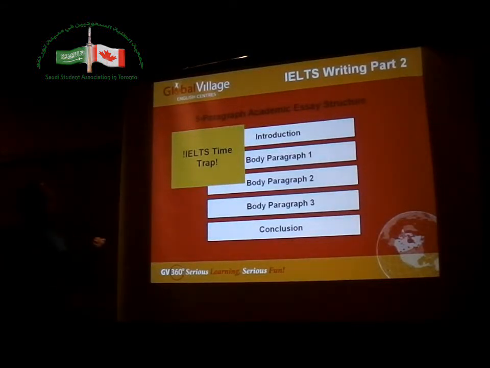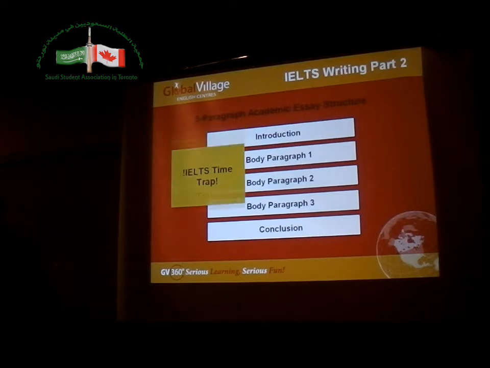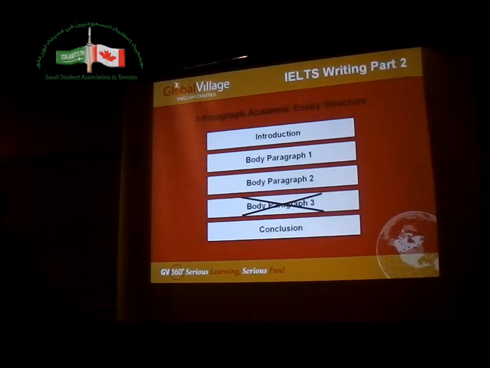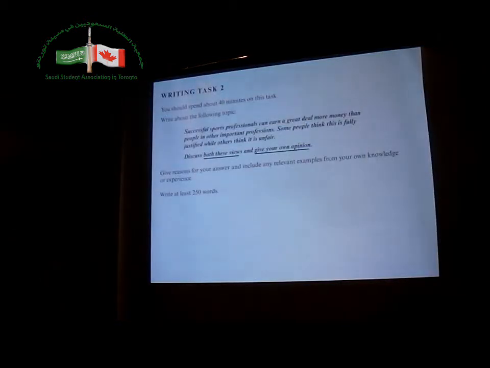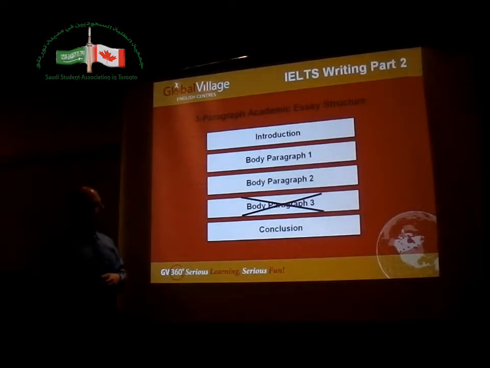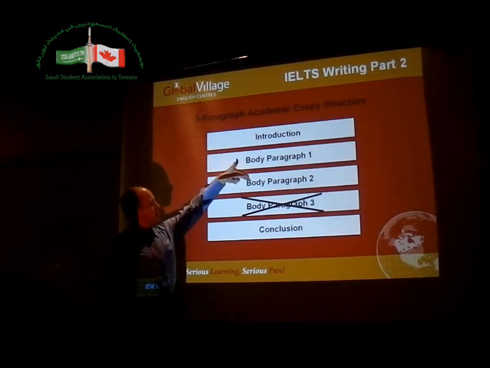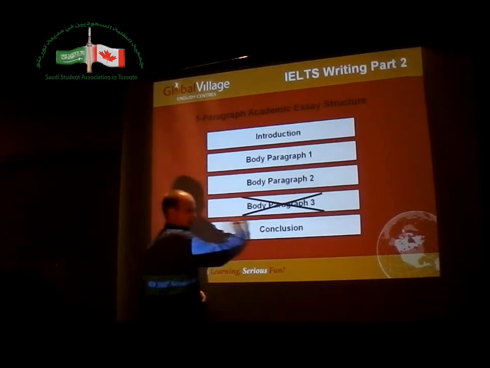4 is actually better. And the reason why I say this is because if you write introduction, body 1, body 2, body 3, and my time is almost finished, that's the reason why I think this way. Your conclusion is 1 sentence, or 2 sentences. Your conclusion doesn't have to be long, but it has to be strong, because the last part is part of the organization. It's strong beginning, strong finish. If you're running out of time and you're writing this conclusion really quickly, it's going to be weak, and your score goes down.